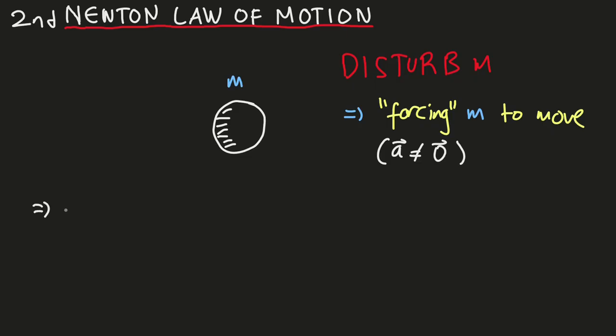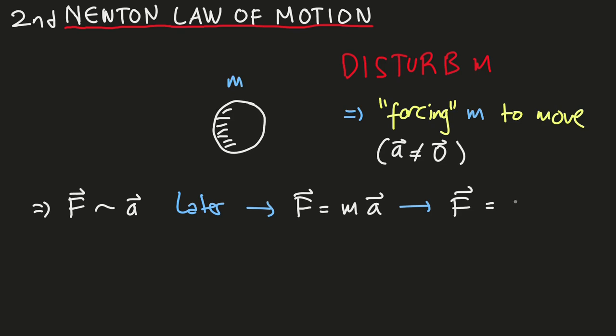That means we can define the force vector as proportional to the acceleration vector, which later gives us the definition of the force vector equal to M multiplied by acceleration. Or later, we can define that force is the first derivative of the p vector with respect to t, where the p vector